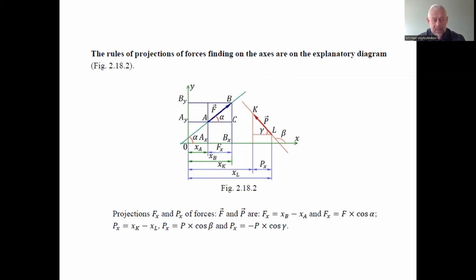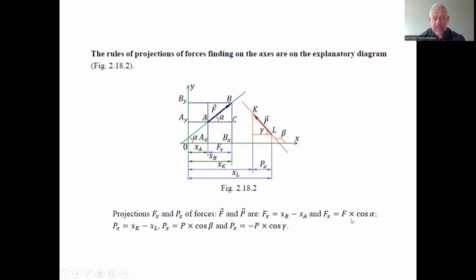A little reminder of the rules for finding projections of forces on the axis, indicated on the explanatory diagram in figure 2.18.2. We have to find the projections of the vector forces F and P on the abscissa axis, Fx and Px. Fx is the difference between the abscissa of the end of the vector force and the beginning of the vector force,